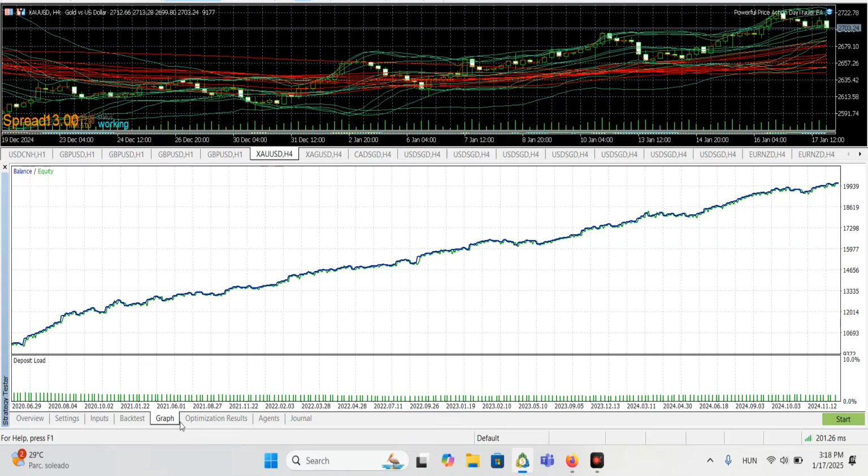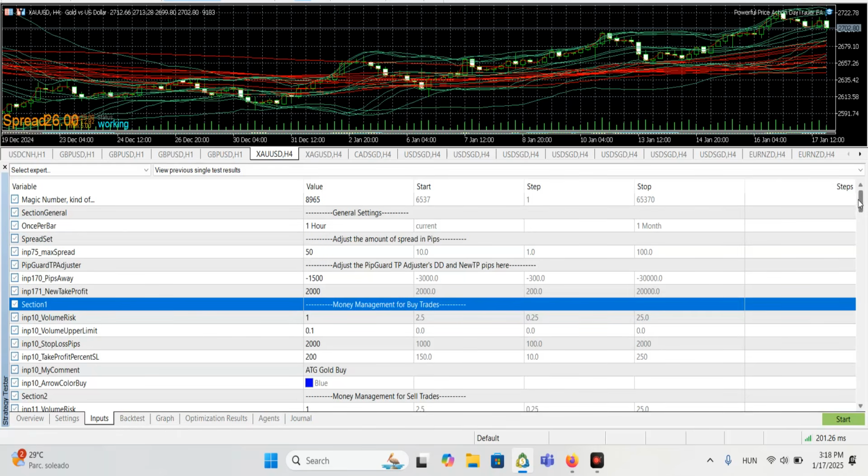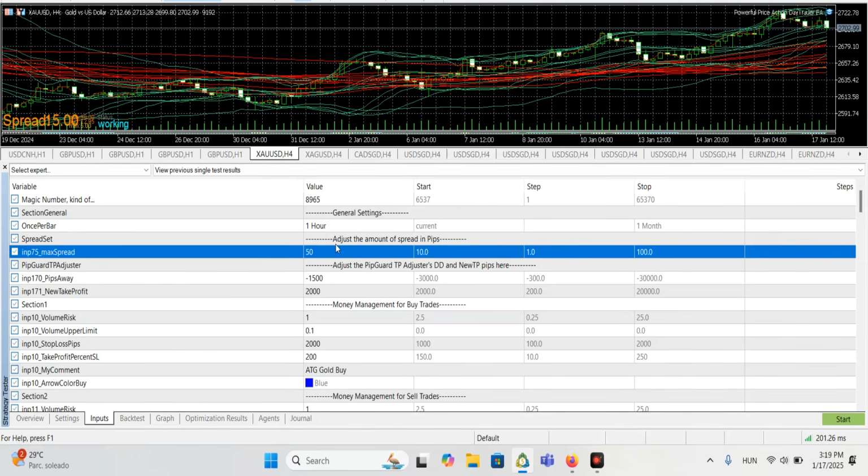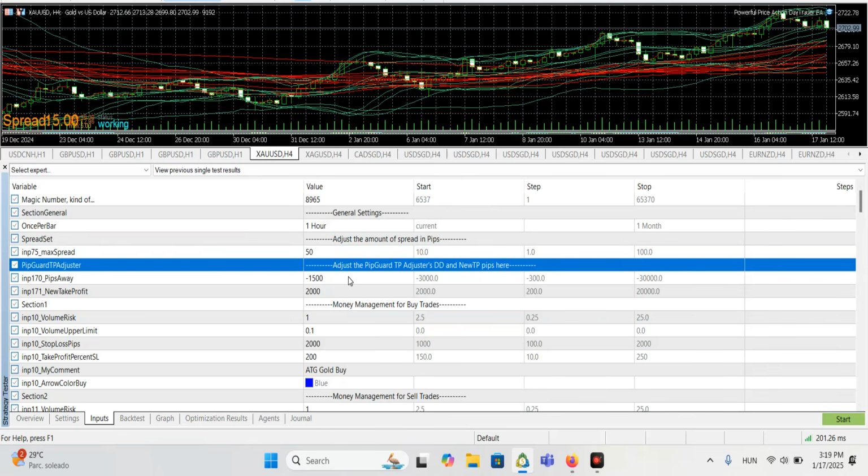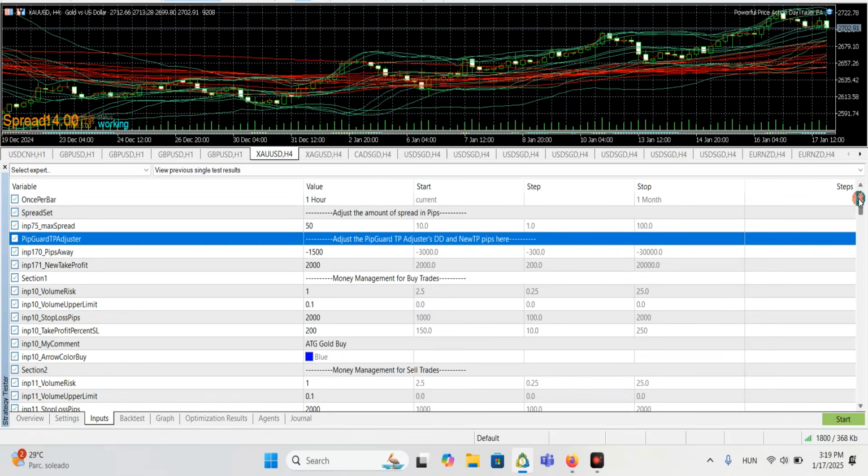And if you are interested in some parameters, I think I'm going to show you some. Of course, you can adjust the maximum spread. You can adjust after how many pips of floating drawdown the EA is going to move the take profit closer to the entry point. It gave a huge boost to the algorithm overall, with much less waiting time for unnecessary